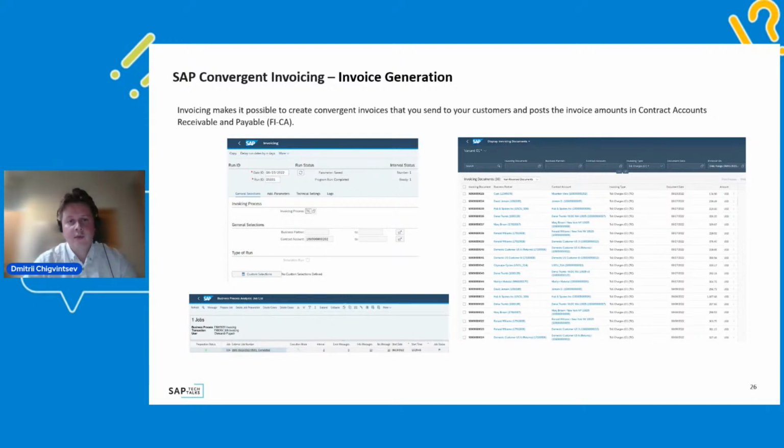If we decide on the mass way, we can set up a grouping criteria for how to group several billing items into one single invoice. And this is very beneficial for customers who have a lot of data, because before we push this data to finance, we can aggregate it, so reducing the number of documents on the finance side. So this is also why contract invoicing is really beneficial for customers who have a lot of